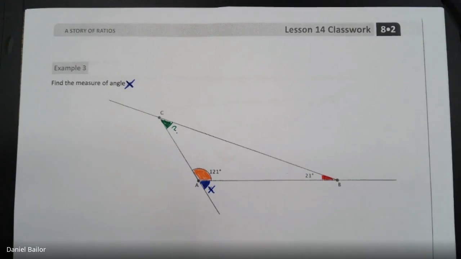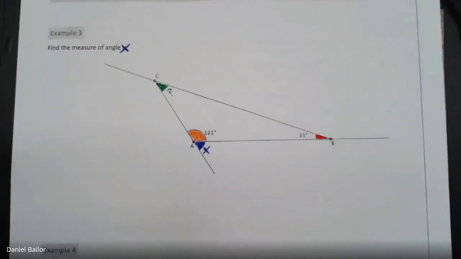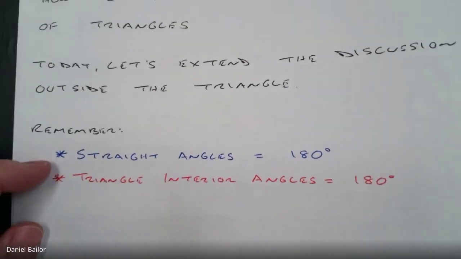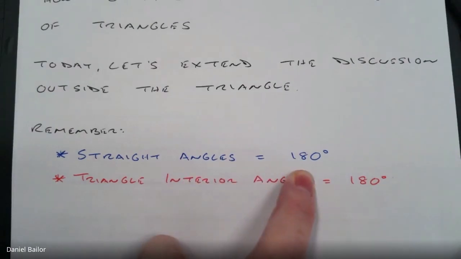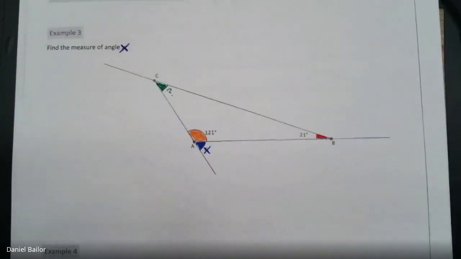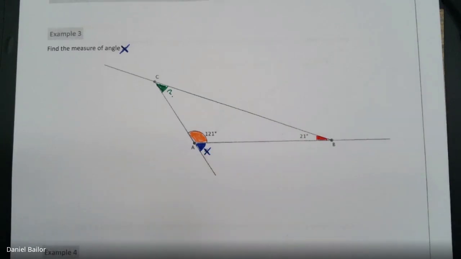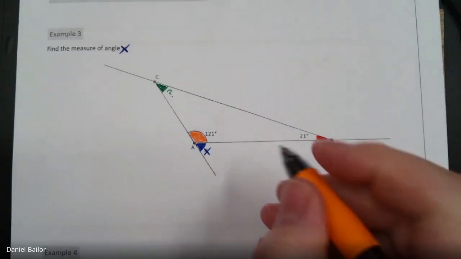I always look for shortcuts. Because when I look at this, I wonder how many of you have seen the shortcut with me. Because the shortcut comes in the notes right here, where I told you in the notes to remember that a straight angle equals 180. And if I'm looking at this example 3, I see that the orange